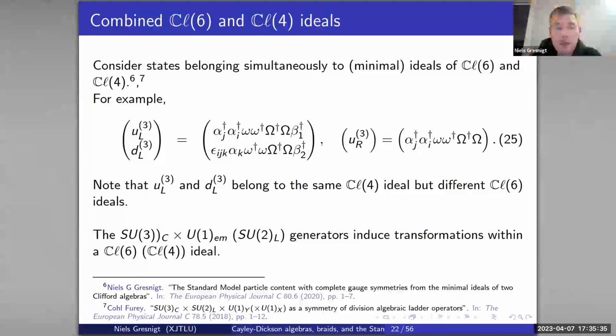Oh, maybe we could talk more about this at some stage. If we apply this approach that you've used and you look at the split bioctonions, what would happen? How would it compare to what I have? Yes, presumably you would get something quite similar. Yeah, that was my question.